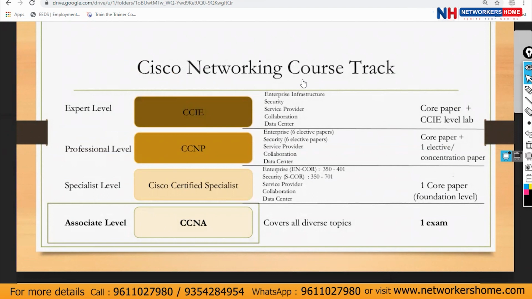Which language is most related to networking? Python is used nowadays. Python is very trending. You can go with Python. Python scripting is very trending, and it's very easy as well. If you know at least one language, say C or C++, then you can study